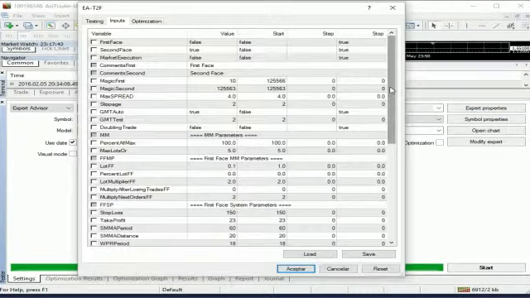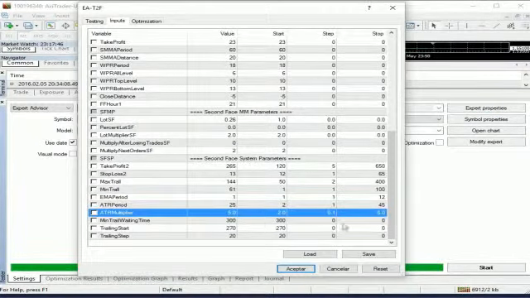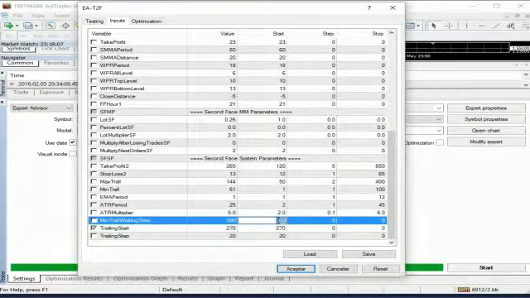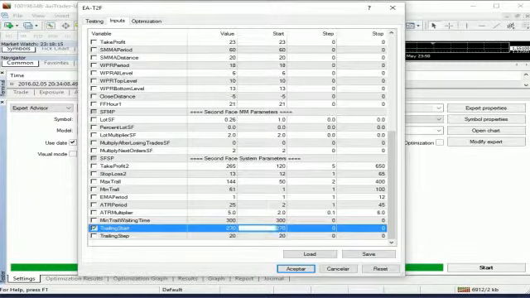Next parameter. This I'm not going to optimize because it actually doesn't make much difference. What it tells us is, when do I start to move the trailing? Only after the 300 minutes, only after the first 5 hours I move the trailing. Independently of what happened, I'm not going to move the stop loss until after 5 hours. Okay, so if you put here 120, it's going to start moving the trailing after 2 hours. If you put here 240, it's going to start moving the trailing after 4 hours. So it doesn't really make a big difference, believe me. So I'm going to jump over this parameter, and I'm going to go to the next one,